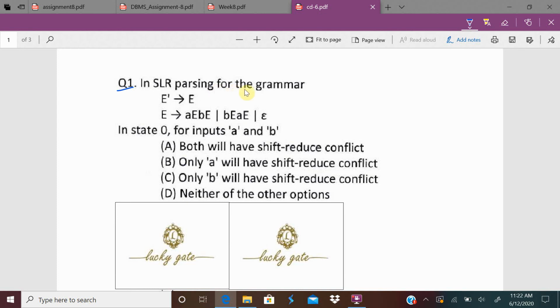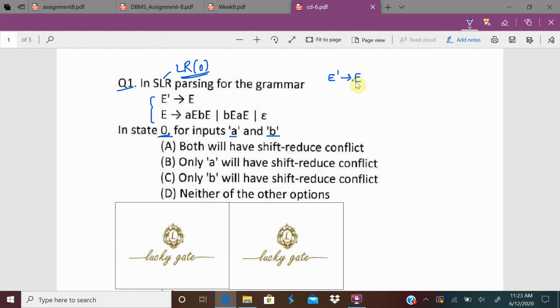In SLR parsing for the grammar, in state 0, on inputs A and B, some options are given. What is possible? State 0. An SLR parser uses LR(0) items. To find the LR(0) items, we start with the augmented grammar, that is E' tends to dot E, with the dot at the